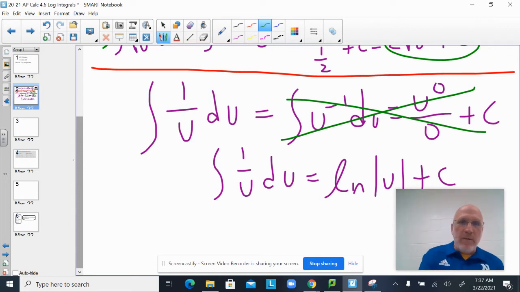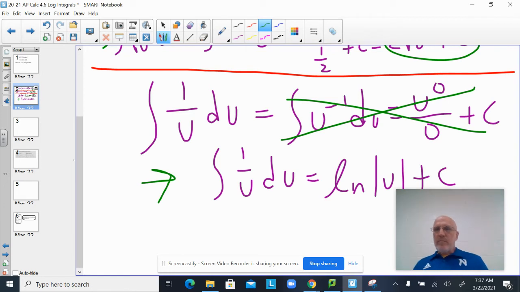So this rule at the bottom here, you might see that before: the antiderivative of 1 over u du is the natural log of the absolute value of u plus c. That's not new. What's only mildly new is using that antiderivative just with u substitution. So I've got a few quick examples of